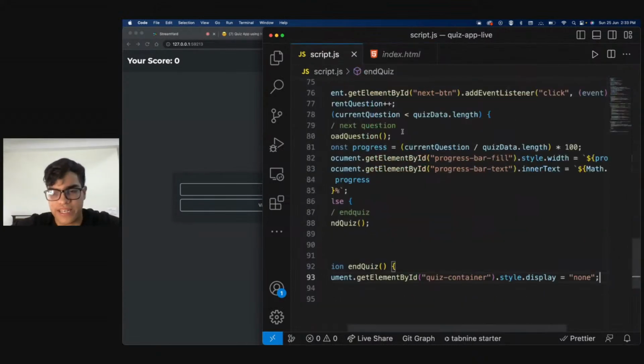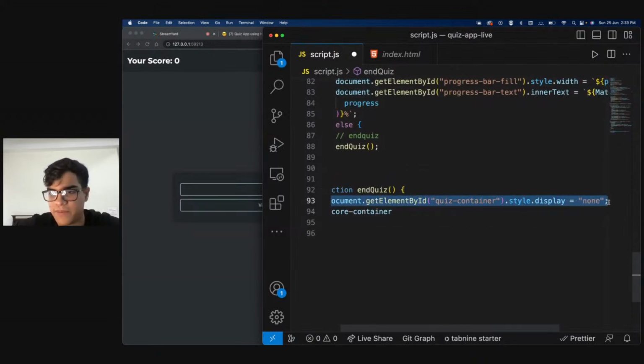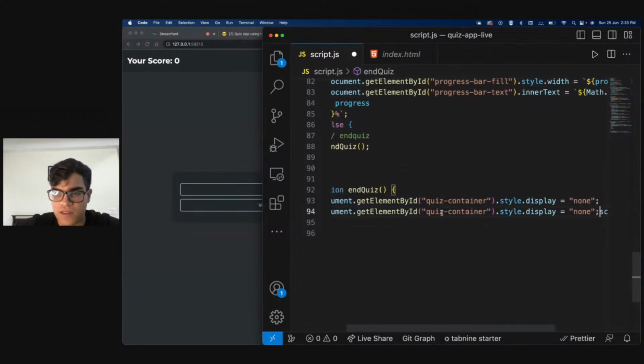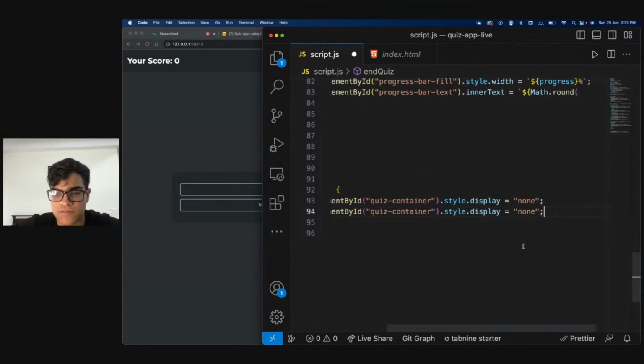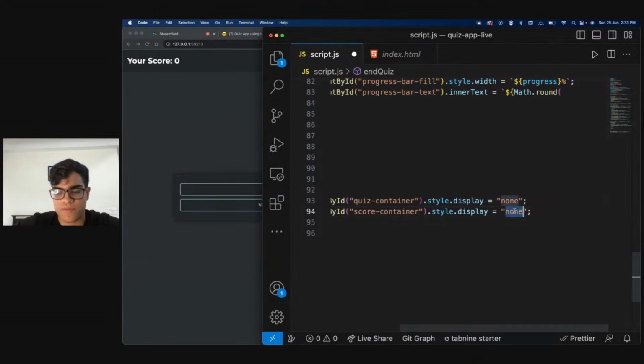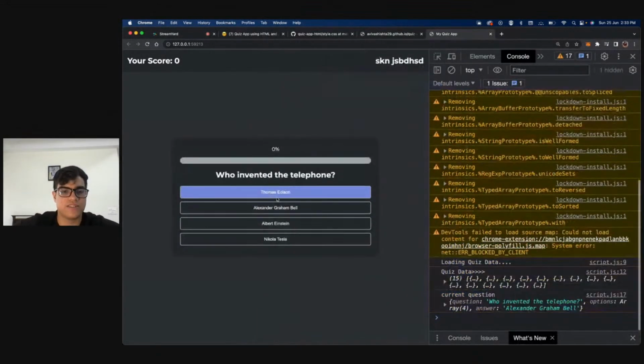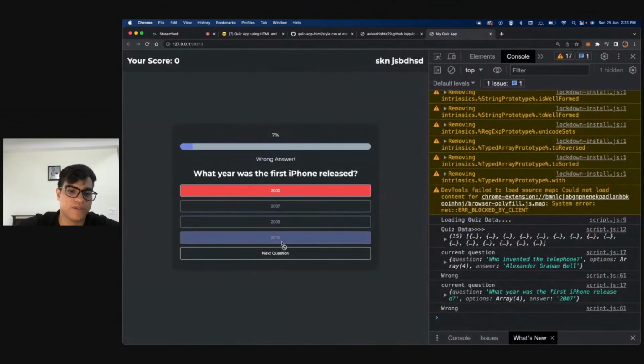So I need to get this. So I need to say document dot get element by ID. Then I need to get that particular element, this thing, and I need to say display block, right?